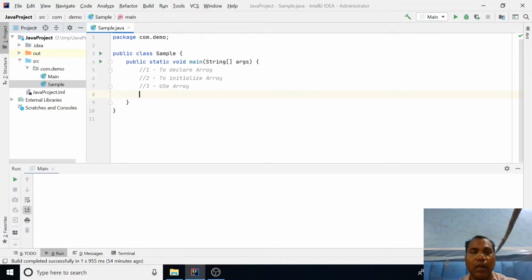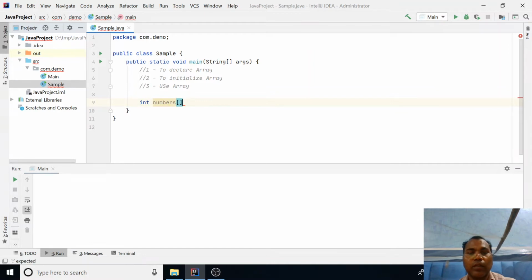Okay, so the basic syntax. Let's see a simple example. I am going to create an array of numbers. Let's say integer numbers.